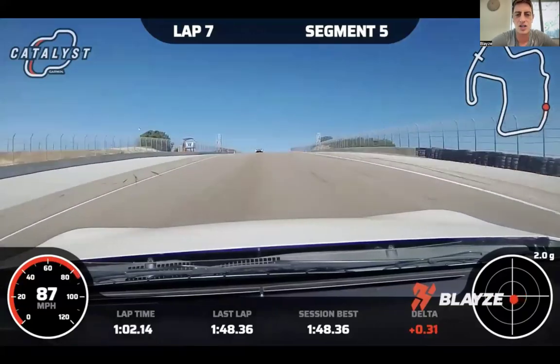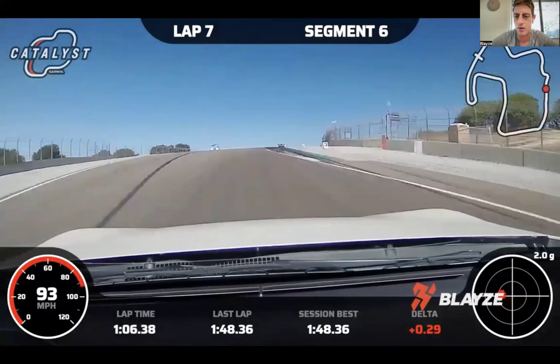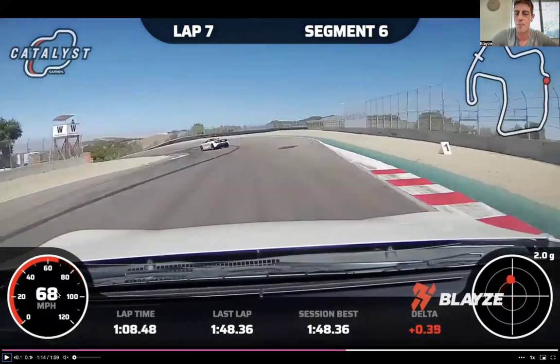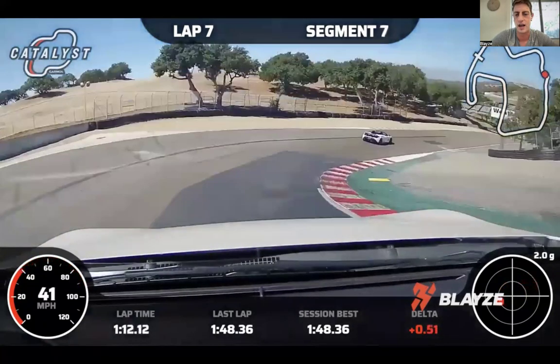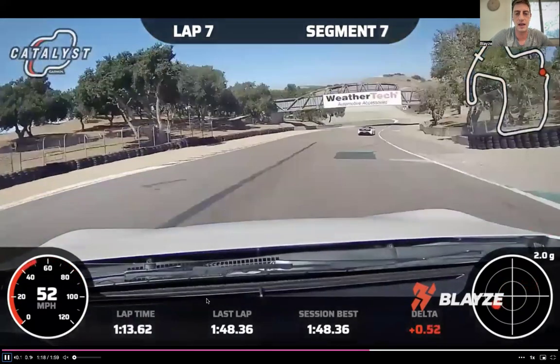Similar into the corkscrew, I think there's more brake pressure available. You can't really brake a lot deeper than this, right? Maybe you can challenge it a little bit more, but there's just overall pretty light on the brakes where I think you can probably be a little later, a little harder. This looks good to me. Good acceleration out of here. I'm happy with that. Now, the one thing here is out of the second apex of the corkscrew,